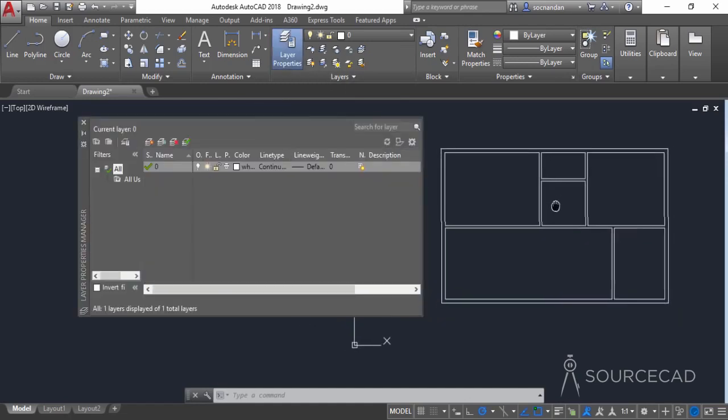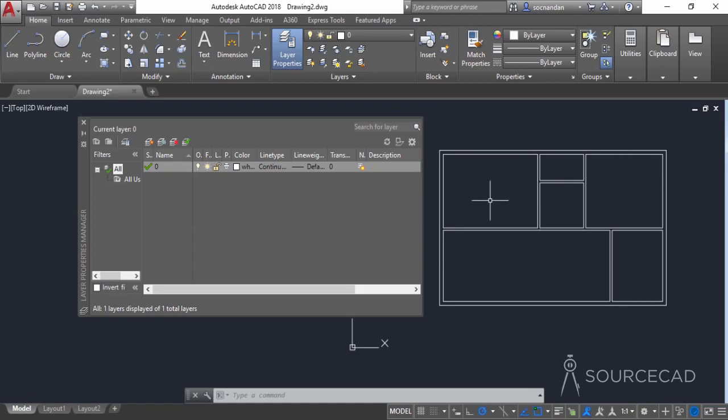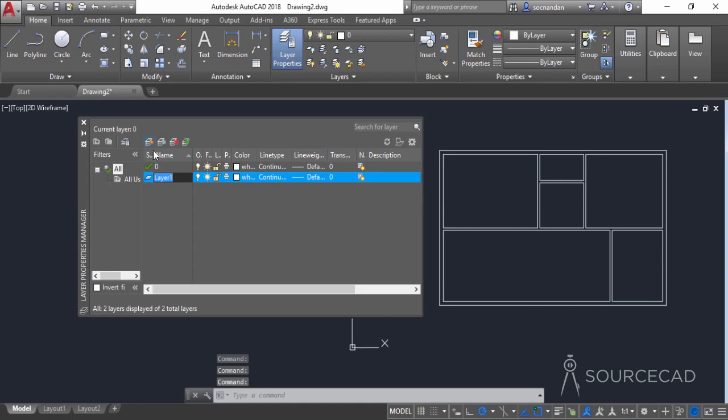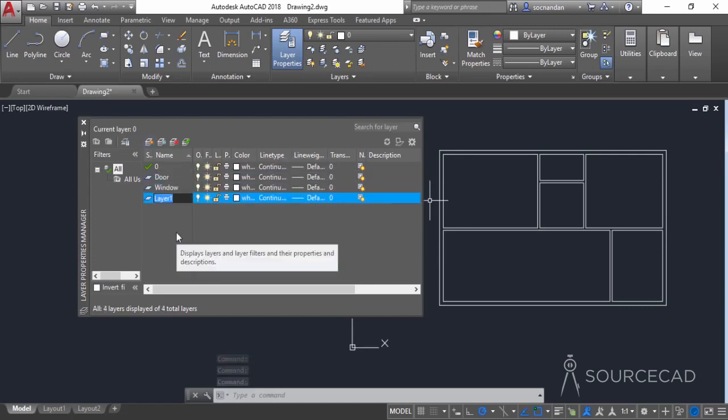So we need to add these layers because we will place different objects on different layers for easy classification. And that's the general way of making these drawings. And you should also try to put different kinds of objects on different layers. So I'll click on this new layer option and I'll add a new layer, door. Click on this again and type window. The same icon and type blocks,